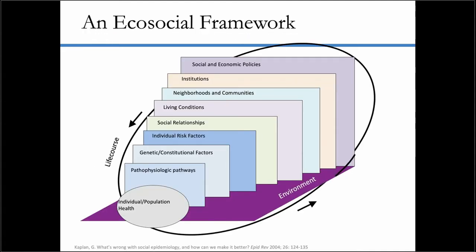And so if we think back to that eco-social framework that we talked about in the first lecture of this class, we can look at through the life course and throughout our entire lives, all of us are interacting with the environment that surrounds us, whether that is the social and economic policies such as, is smoking allowed, what are taxes on cigarettes, how are schools funded, all of those things, or the institutions that we interact with,